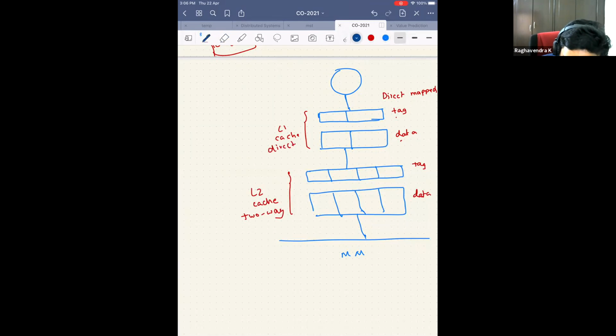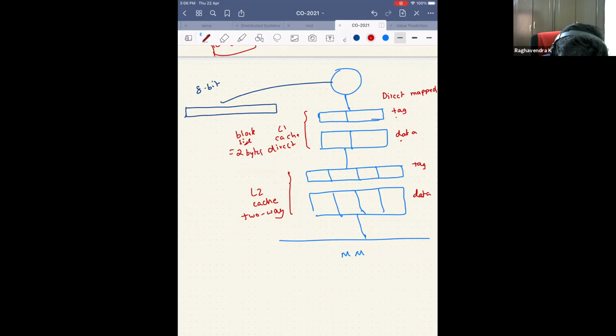So when the CPU generates an address, let's assume that it's an 8-bit address. And let's say the block size here is 2 bytes or maybe 4 bytes.